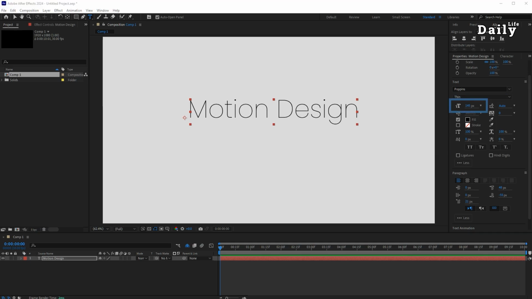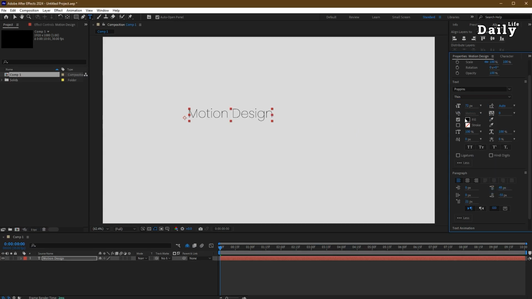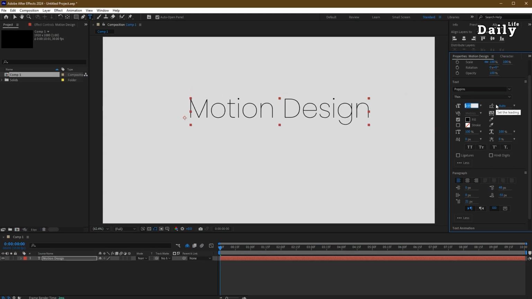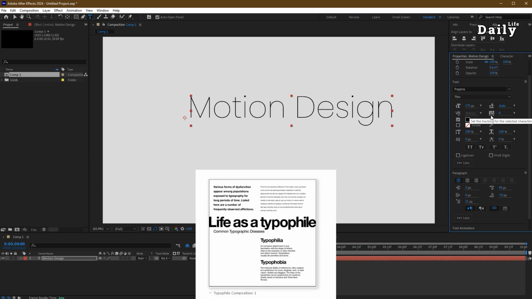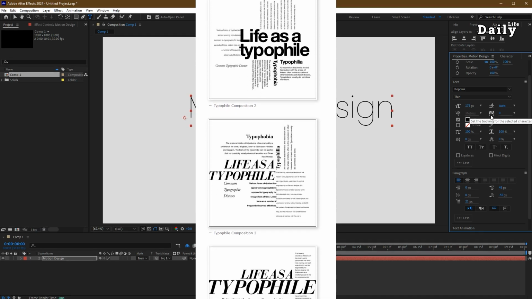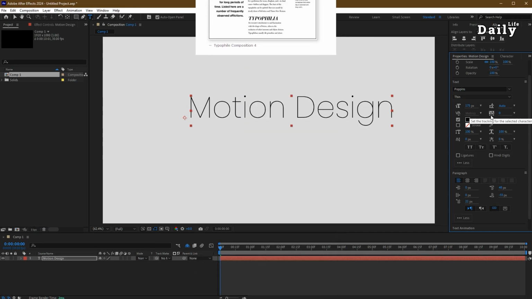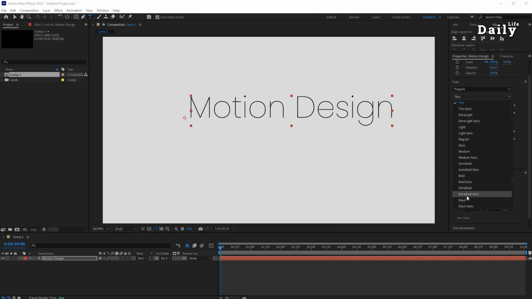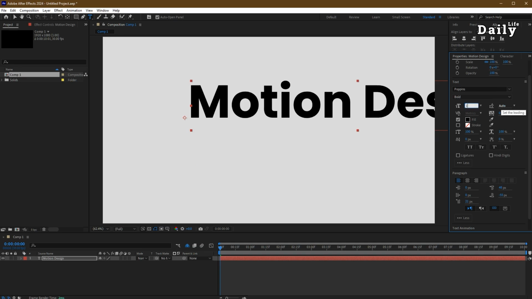Font size. Font size refers to the height of characters. To change the font size, click and drag the size value or type a specific value. Font size plays a huge role in hierarchy, readability, and typography design, helping to establish which elements should draw attention or provide supporting information. Larger sizes are often used for titles or emphases, while smaller sizes are ideal for body text or subtitles. In After Effects, fonts are vector-based, meaning their quality remains sharp even if you increase the size.